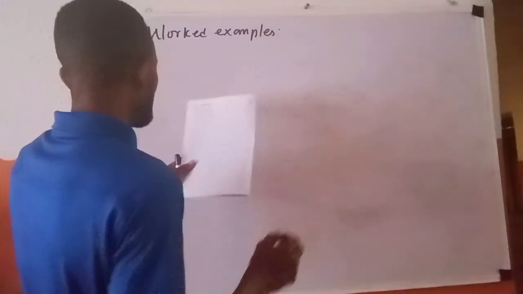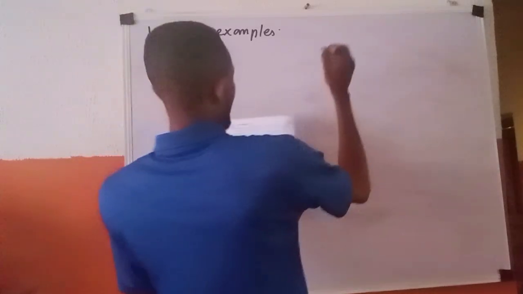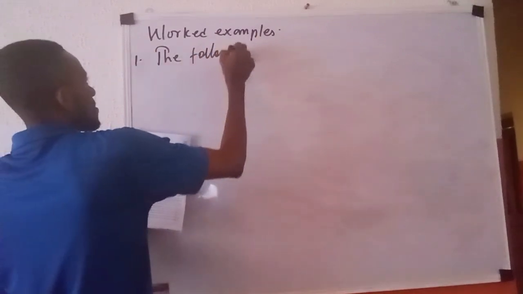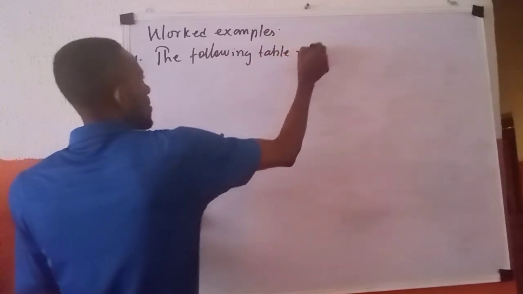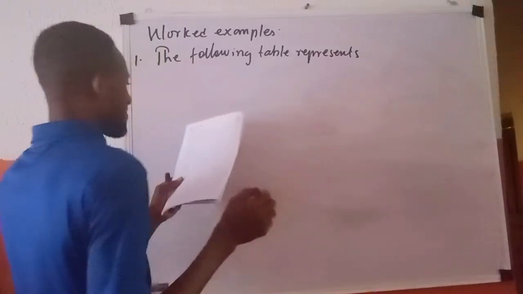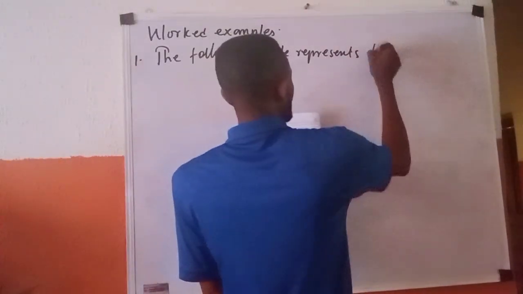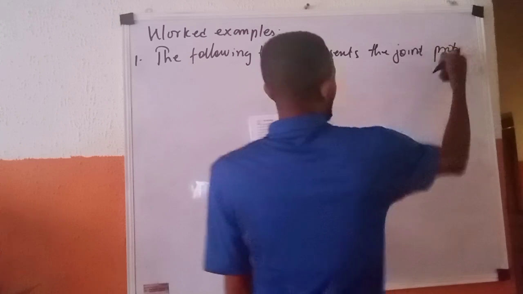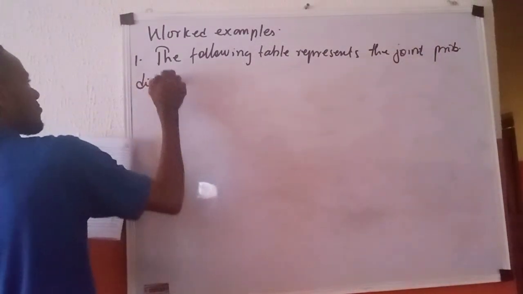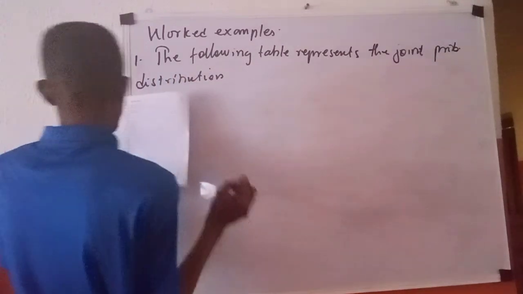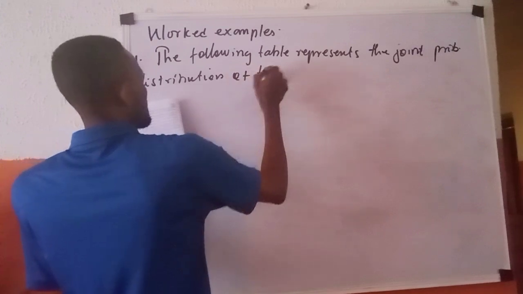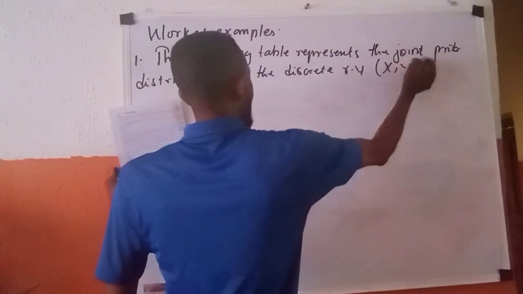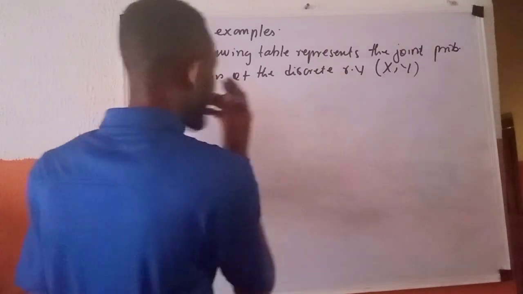Question number 1 says, the following table represents the joint probability distribution of the discrete random variable X, Y. That table is given as